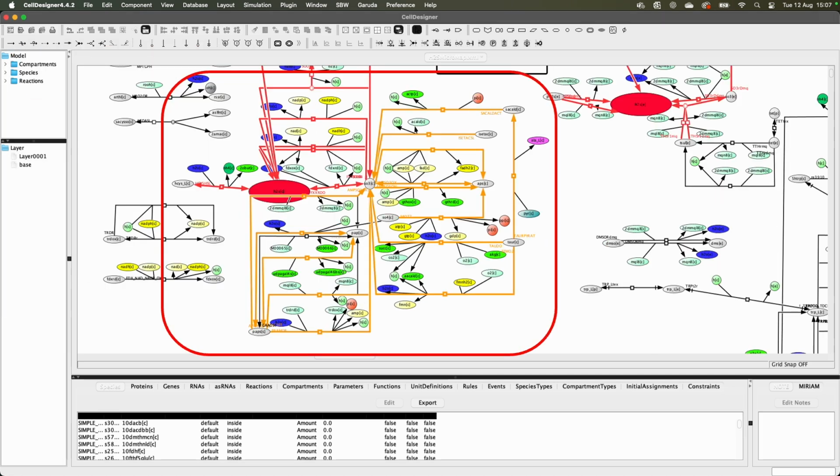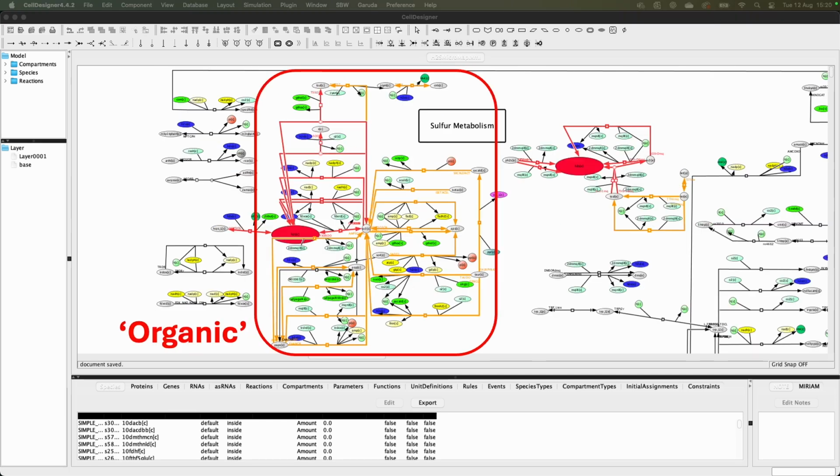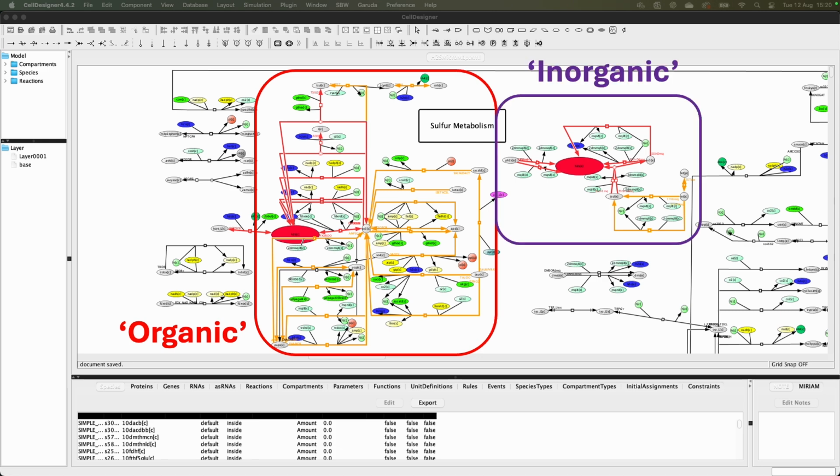Next, let's trace the wider pathways that H2S participates in, both upstream and downstream. To keep them distinct, use a different colour, say orange, for those reaction cascades. Now, what can we see biochemically from this inspection? In the sulfur metabolism section, we see a split: an organic side with carbon-containing metabolites and an inorganic side with